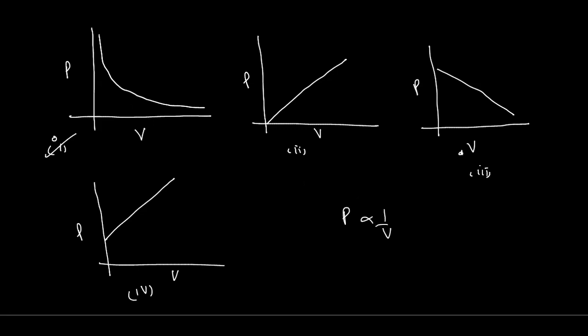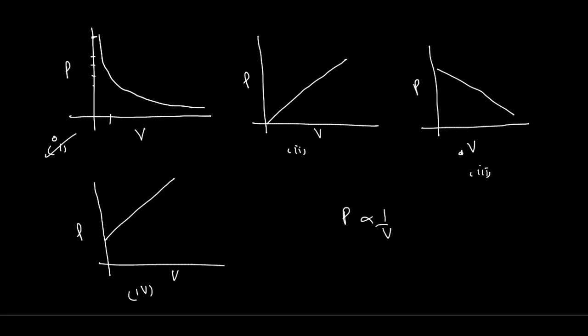So the inversely proportional graph is like this. Always we need to keep this in mind: if we have something inversely proportional, then we are going to have the curve. If we consider more pressure here, then the volume will be lesser. If we are decreasing the pressure, the volume is going to increase. So this one is the correct graph.